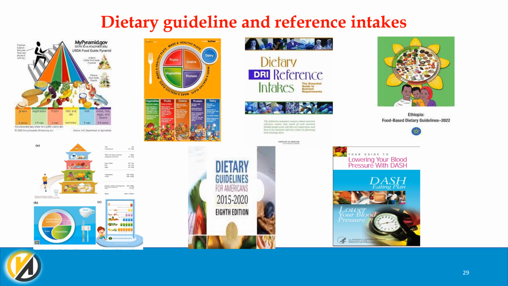The second one is My Plate, which is similar to My Pyramid, and they classified the plate into different food groups so that people will assign their plates to the designated plate areas so that they can achieve a diversified food group which will provide the necessary amount and quantity of nutrients.